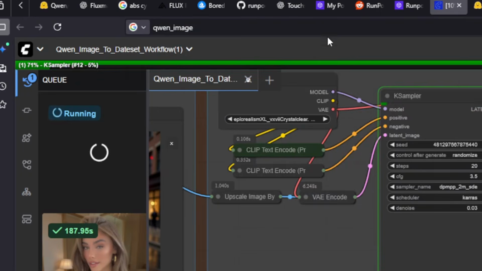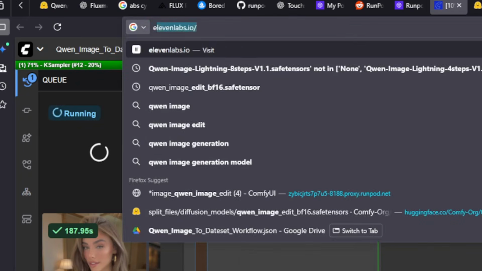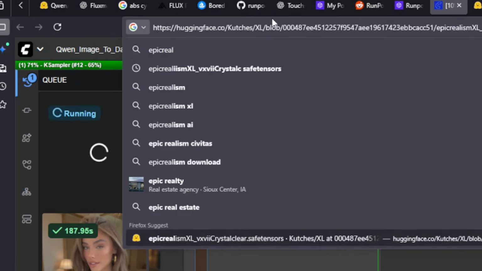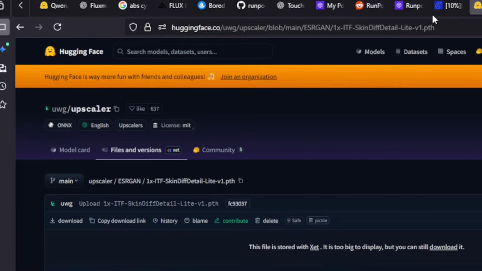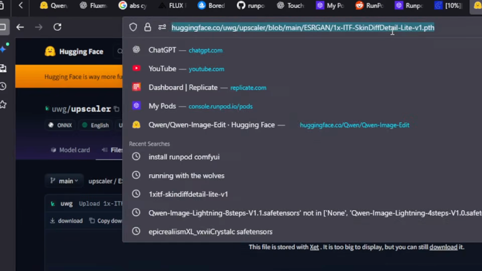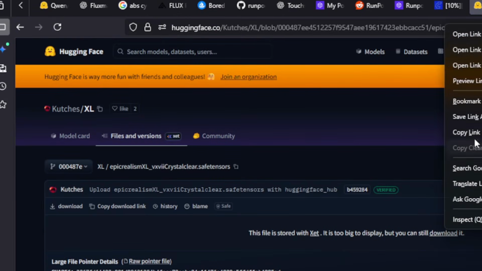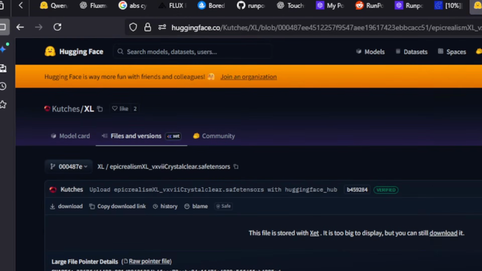See, it's Epic Realism XL. Copy that. It's 6.94 gigabytes, which shouldn't be a problem if you're using RunPod.